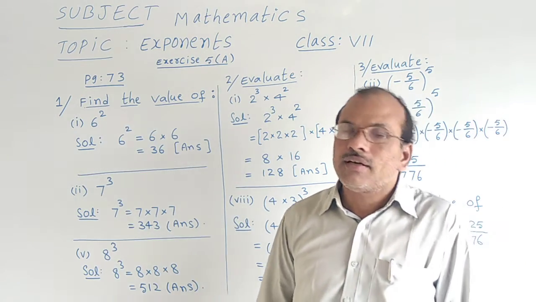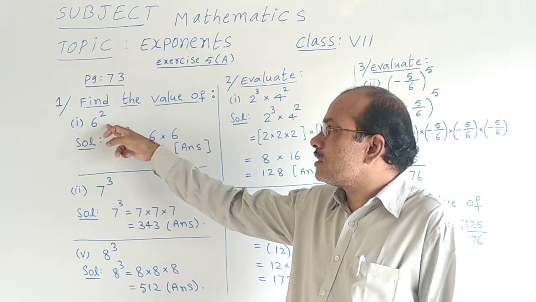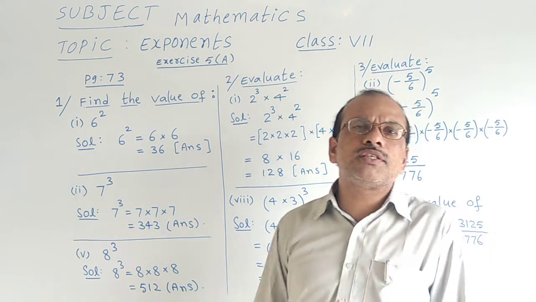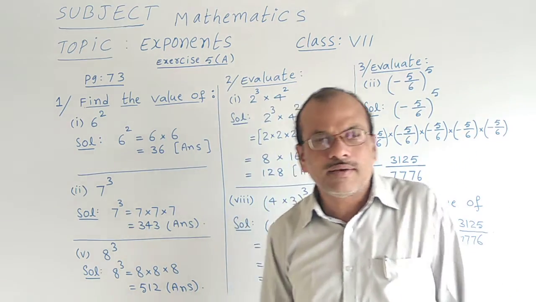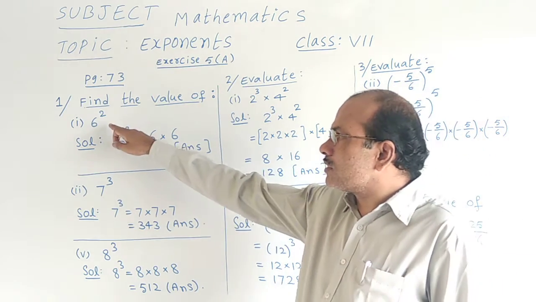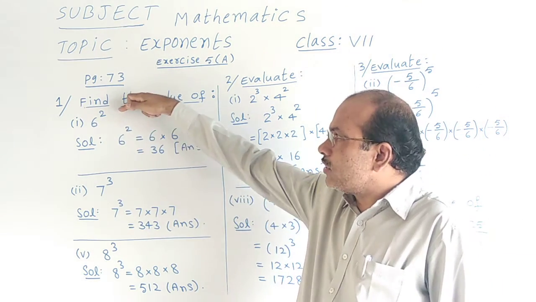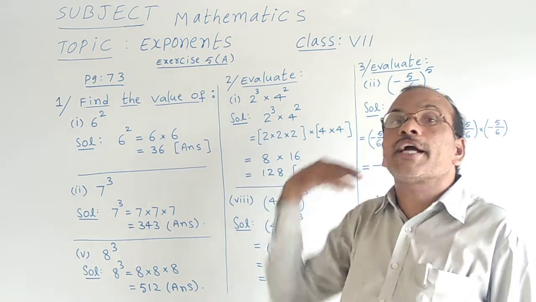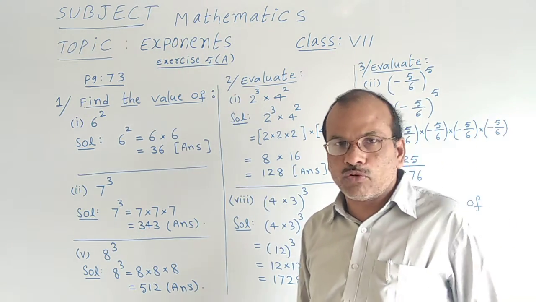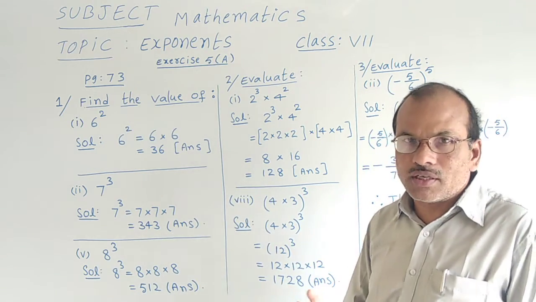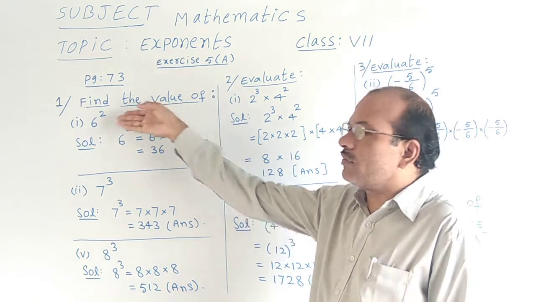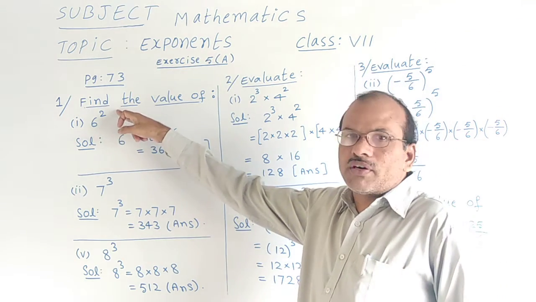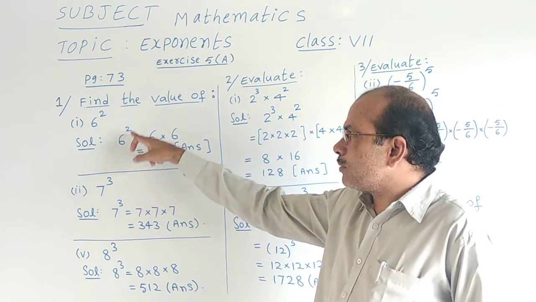Is it clear? The value of this 6 to the power 2, they are asking us to find. It's a very easy piece of information for us to learn. Now you came to know here 6 is base and 2 is the index, otherwise the power or exponent. We got some idea about it. If you know about these three, you will get the value of the given question. Okay, now 6 to the power 2 means